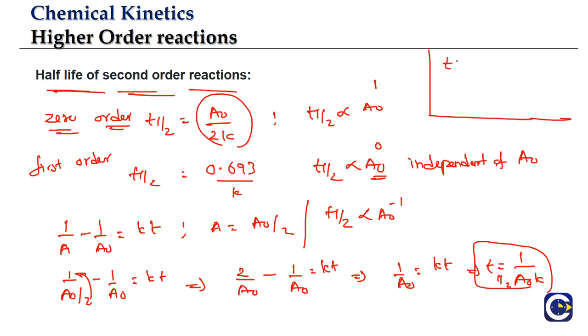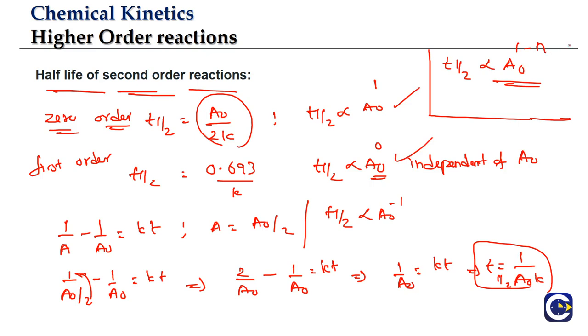So we can even have a general result over here which we can remember. For any nth order reaction, t half will be proportional to a naught power 1 minus n, where n will be the order of the reaction. So we can see for the 0 order, we'll have to put n is equal to 0. This means t half is proportional to a naught power 1. For the first order, n is equal to 1. So 1 minus 1 will be 0. So t half will be independent of a naught.